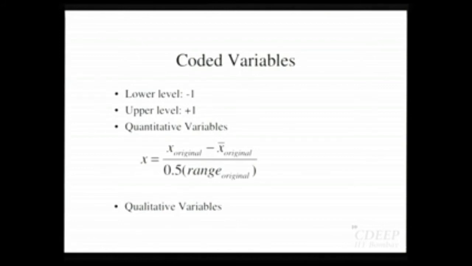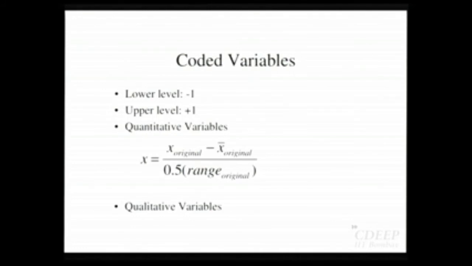Just to simplify the notation, simply to get rid of the numbers, we will assume that for each variable you are given a range. The lower range I will call -1, the upper range +1, and to get this I will scale the variables. If this is my scaled value and this is my original variable, I will subtract the mean and divide by half of the range, the upper value minus the lower value.